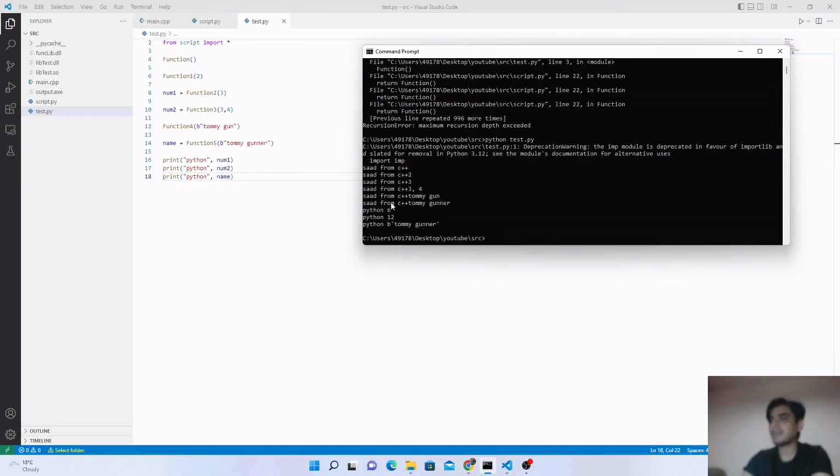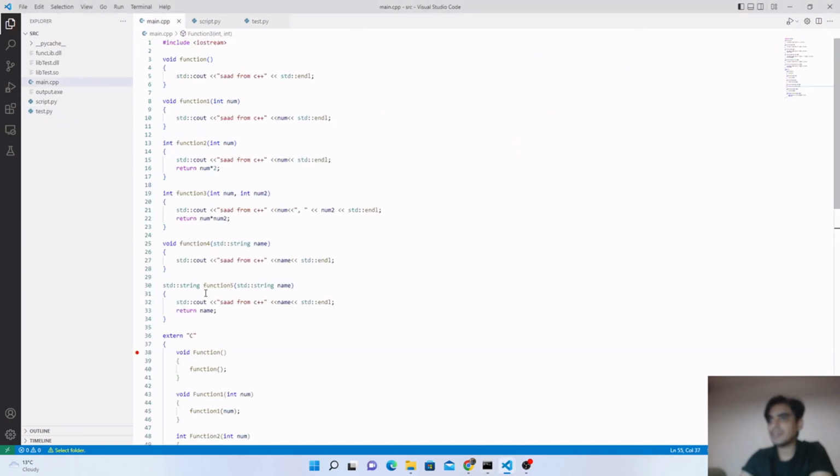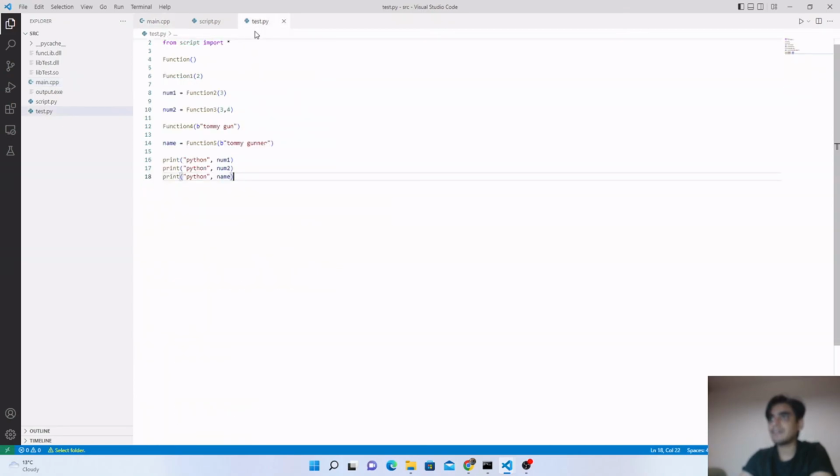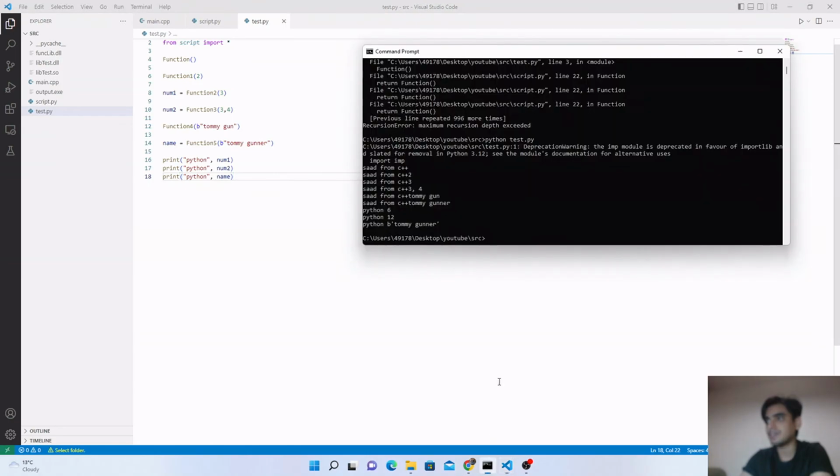And similarly, we call our function 4, which is taking the input argument of Tommy gun. So it will call this function from our C++ program, and our function 5 starts from C++, and we again pass the input argument Tommy gunner, and this function 5 is actually returning the string type. So in Python it will store here Tommy gunner, and it will return again here Tommy gunner,